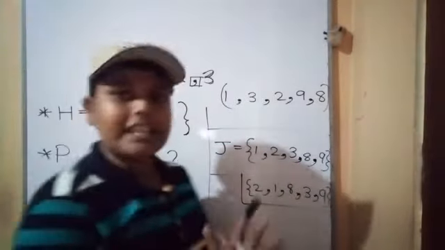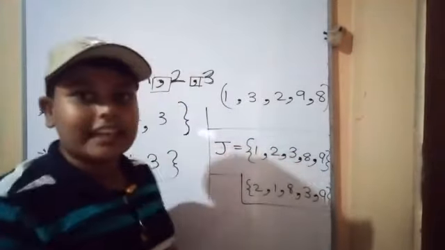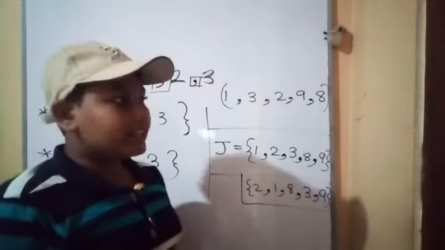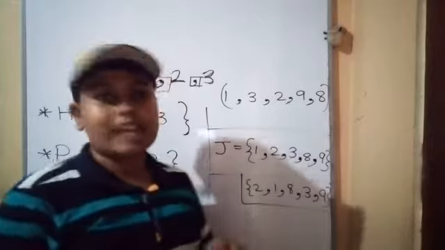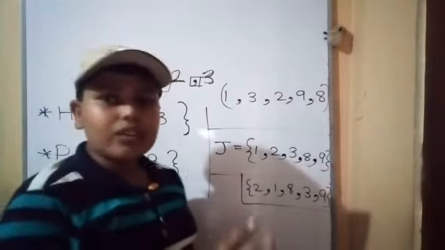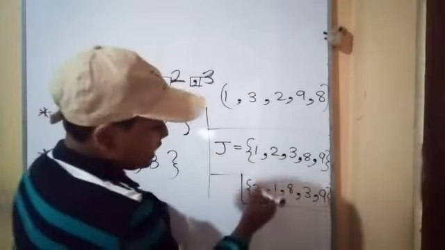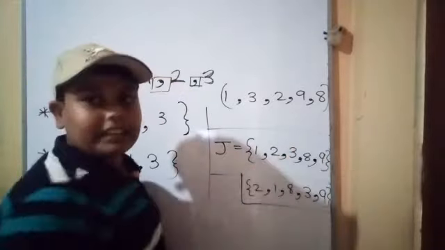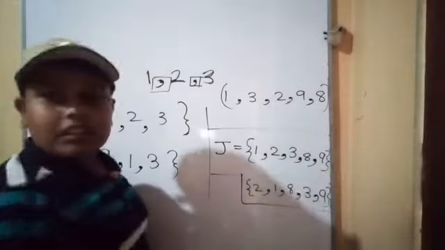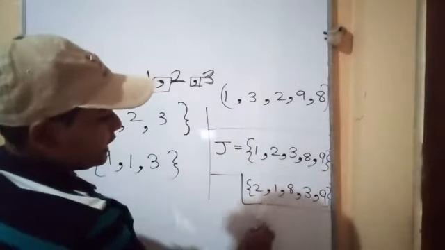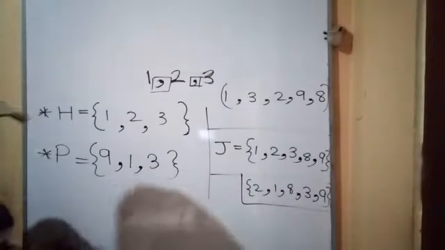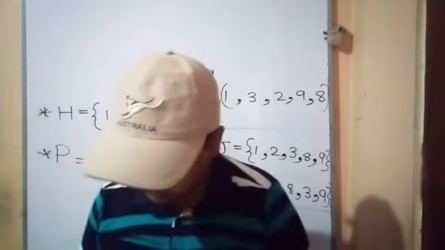You want to write the elements correctly in this set, and that gets the correct marks. The teachers do not look at the order in the exam. It is not important. You can write 1, 2, 3, 8, 9 in any order, like 3, 8, 9, 1, 2 or 9, 8, and so on. That is not important. That is the one function.